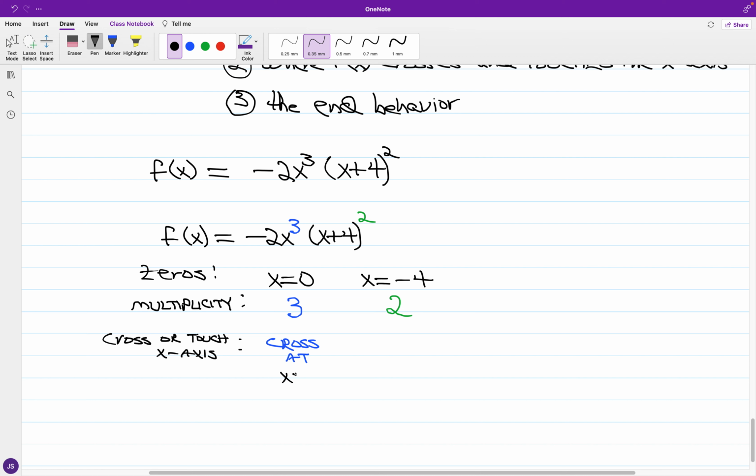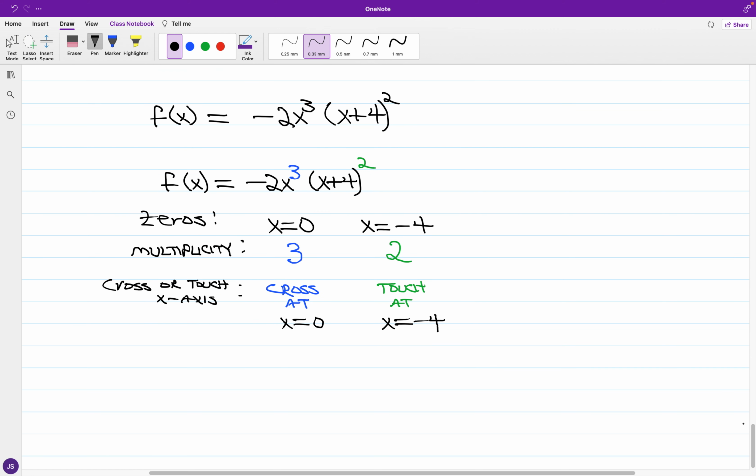So it's going to cross at x is equal to 0. And for even multiplicity valued zeros, those are the locations where the graph is going to touch. And so we have a touch at x is equal to negative 4. All right, so we have these first two parts. Now regarding the end behavior,